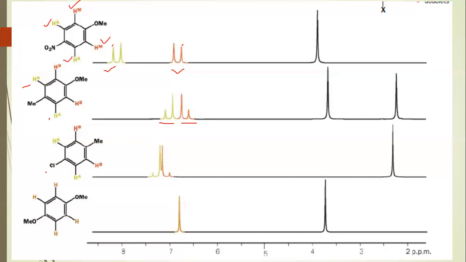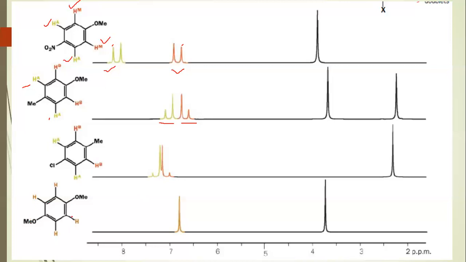Again, another example here: instead of methoxy, we have a chlorine here. Chlorine has an electron donating resonance effect, but its inductive effect is less as compared to the methoxy group. So see, the chemical shift values are again closer to each other, or the difference in the chemical shift value has decreased again, and the signals are coming very close to each other. As a result, these outer lines have been distorted to a large extent, and the signal is appearing like a distorted quartet now.